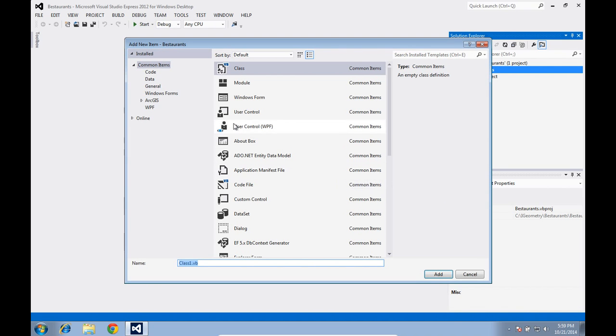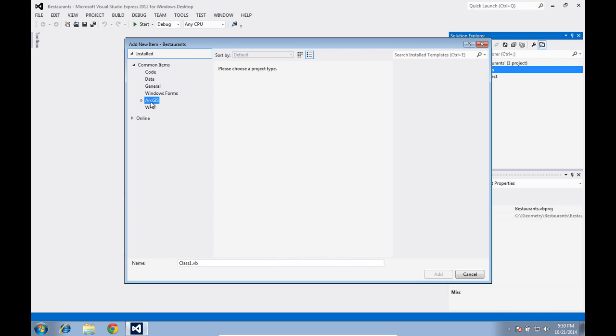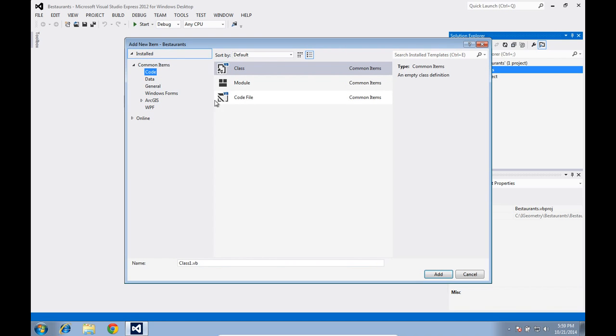Now, of course, you will have ArcGIS. You can add a class, module, or code file. This is just the basic thing. You can add a pure native class and then implement the right interfaces to implement a